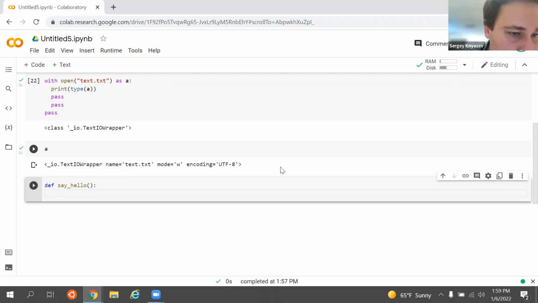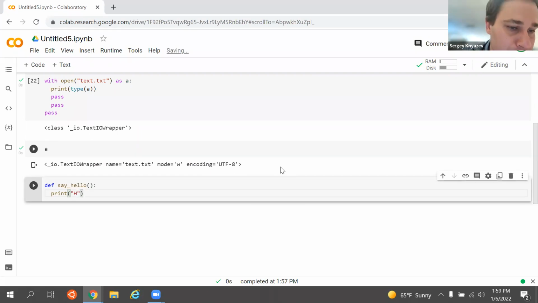Inside the function, I also need to make an indentation, and the function ends at the place where I remove this indentation. My function is going to print